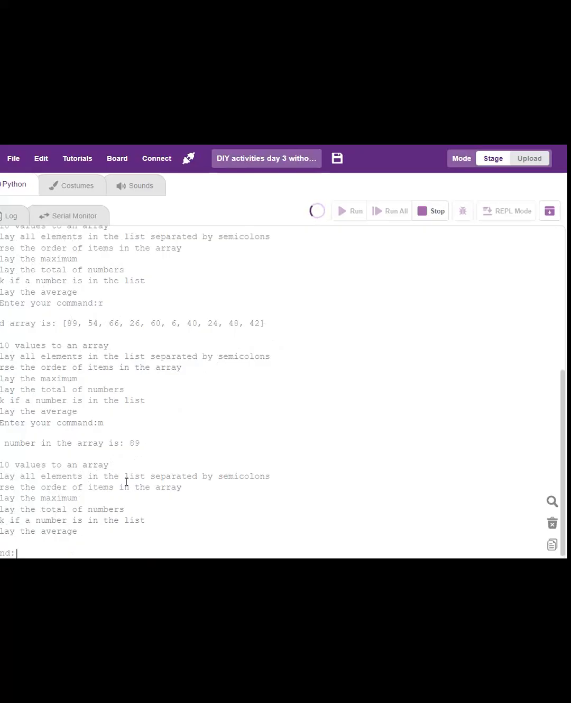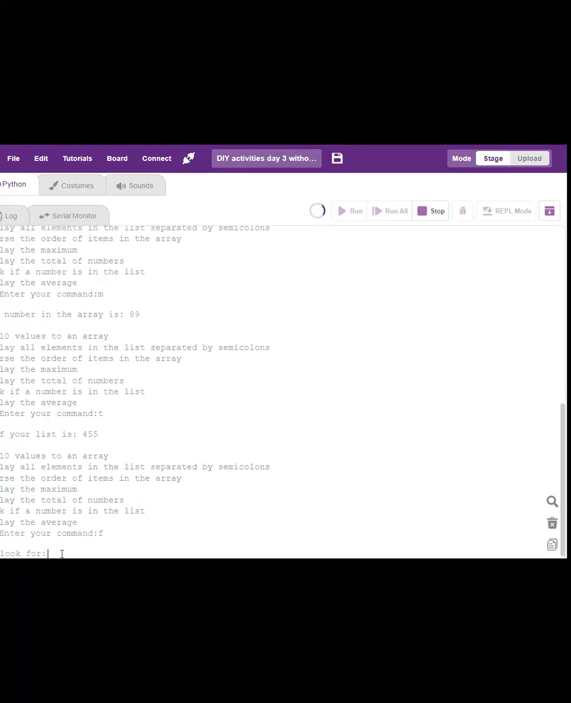And then the next one, the total number, so it's T. Total of all the values is 455. And then check if a number is on the list. Now let's first check for one that is actually on the list, like 89. So I'm choosing check, so it's F for find, and I look for 89,